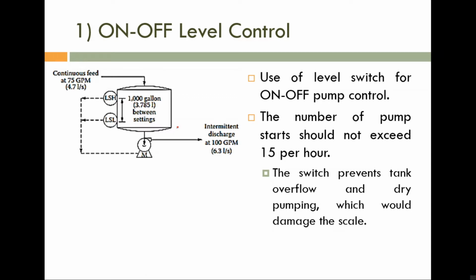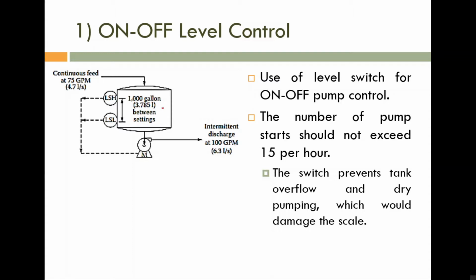This one is a very simple one. So please note this diagram. This one is the on-off level controller, so note it. Here you can see that this one is the tank, and the capacity of the tank is 1000 gallons. This is the conversion that you can see, 3.785 liters. 1000 gallons means